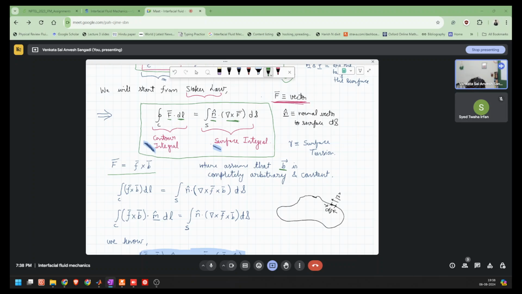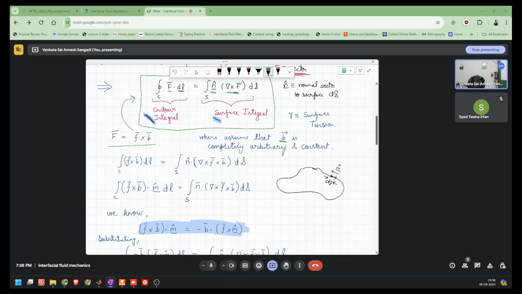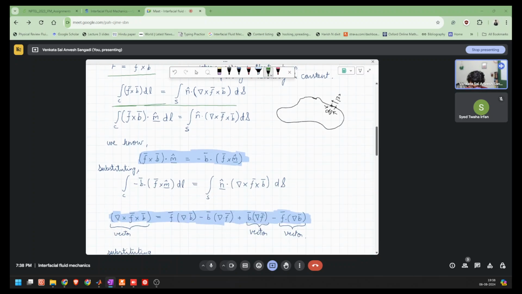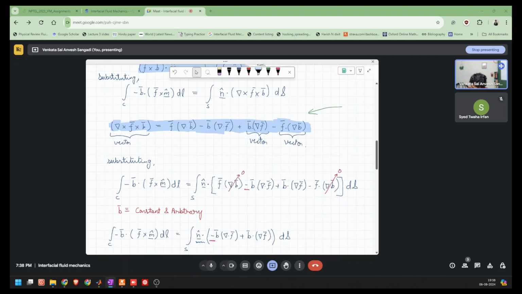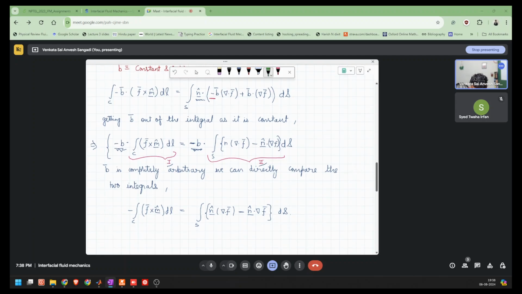Once we substitute f cross b into the equation here, we get this form. And then by using two of the vector algebra identities, this and this, we got this particular expression,